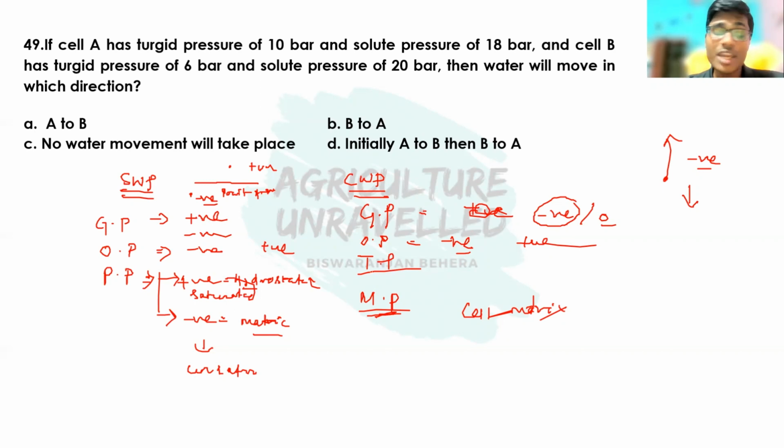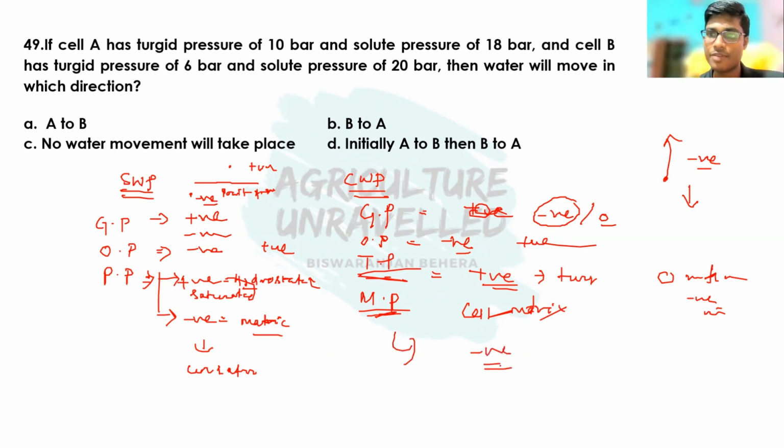And in plants, this pressure potential is known as turgor potential, and this turgor potential is always positive in the case of turgid cells, zero in the case of flaccid cells, and negative in the case of plasmolyzed cells, which we have already discussed. Then coming to the next, that is matric potential. Matric potential is always negative, and matric force or matric pressure is always positive. So this matric potential is similar to osmotic potential. So this concept is very clear now.